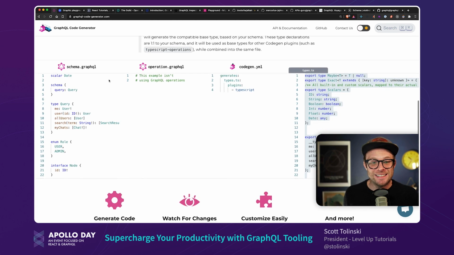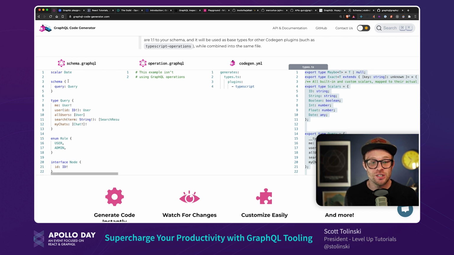Well, it takes in a GraphQL file, such as something like this, and it can spit out a whole lot. It can spit out your TypeScript types up and down the stack. So imagine never having to write a TypeScript type on the front end or the back end for your entire GraphQL project. You just import the type and it's typed correctly. It knows what it's looking for. And the types are massive, right? There's just so much here. So if you're using TypeScript, that benefit alone should make you extremely happy or extremely curious because, yes, generated code can get a little hairy sometimes, but let me tell you, this has just been endlessly important for us to